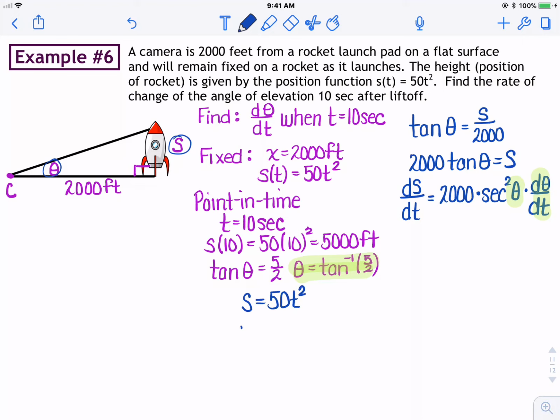So as I go to put this all together, instead of 100t at that instance in time, at exactly 10 seconds, ds dt is going to be 100 times 10, or 1,000. So ds dt at that exact instance in time is 1,000. I'll have 2,000. Now, secant squared of theta is going to be cosine squared, and then the reciprocal when you go calculate that. But we're going to have to do secant squared of inverse tangent of 5/2. And I'm running out of room here, so let me slide over. And then my d theta